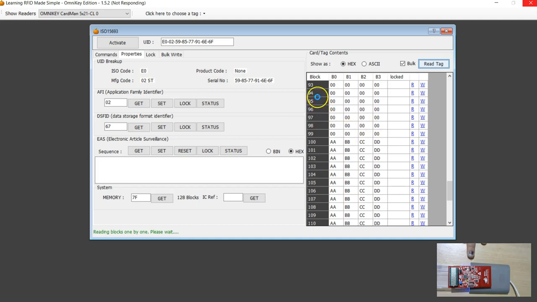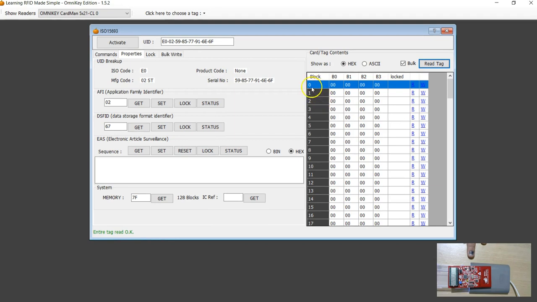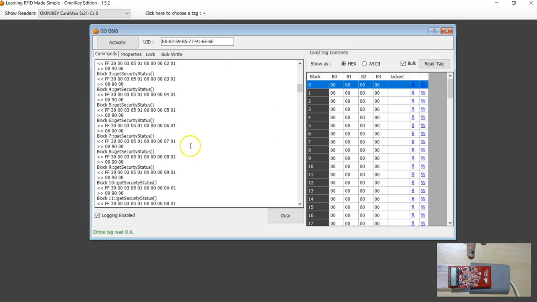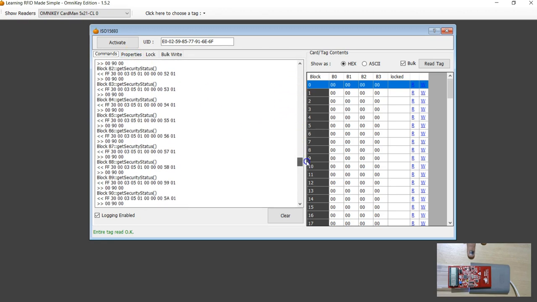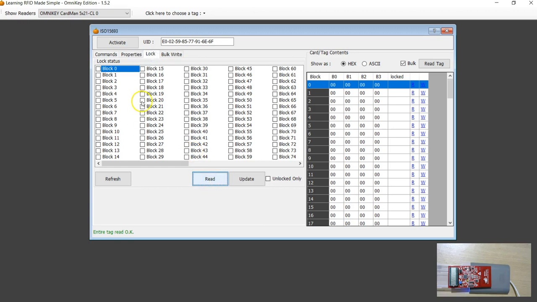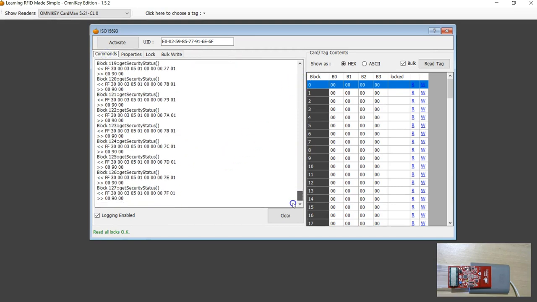Firstly, I'm reading the 127 blocks. Then for each block, I'm sending the commands to read the security status. And you can see that all the security status commands worked here. They're returning that they're not locked. However, we just saw there's no way to lock it. So at any point of time you can still read the entire security status. And you can see that the security status command has returned 00,